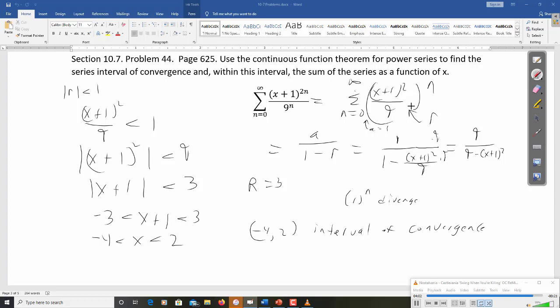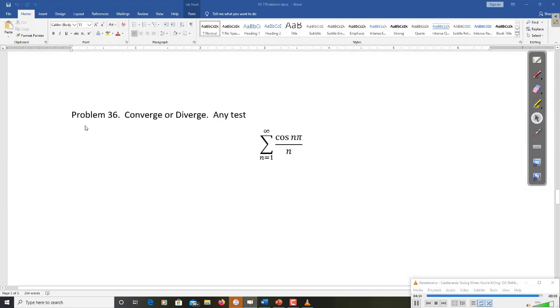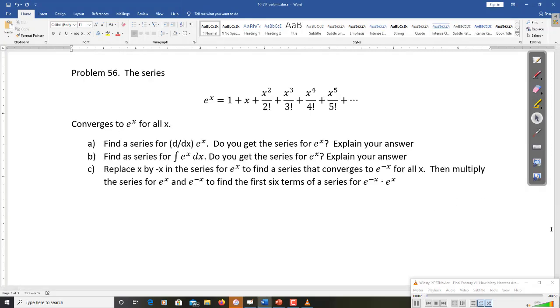And it was legal to do that because (x+1)^2/9 is a continuous function. Alright, I believe this will be our last problem for the section. So, this series,